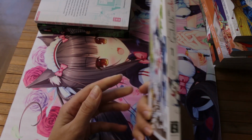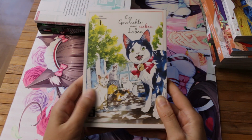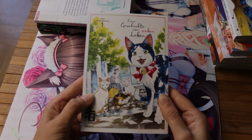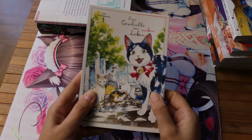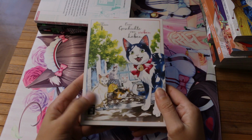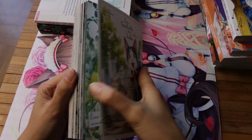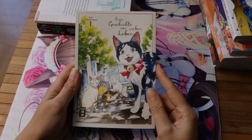And I have not read this volume yet, because the next one will appear shortly, and then I want to read both of them together. There are in total 3 volumes, so it's a short story, and I love cat stories, and this seems to be heart-wrenching with some really emotional moments, and seeing if the main cat can trust humans again, or if he will go to the strays who most of the time really despise humans because of different occurrences. I love such stories. This one was great. I read like 3 or 4 chapters, I guess, maybe only 3 online,